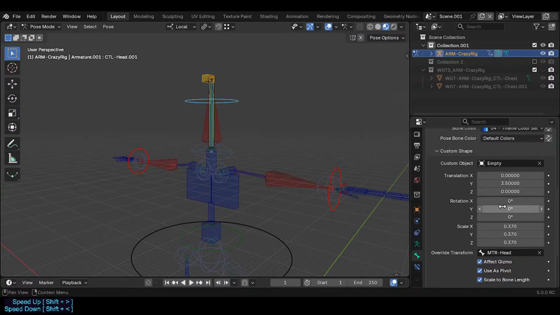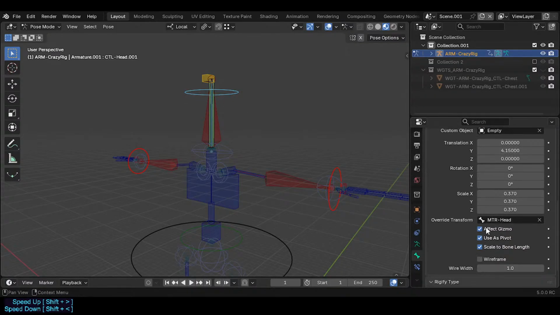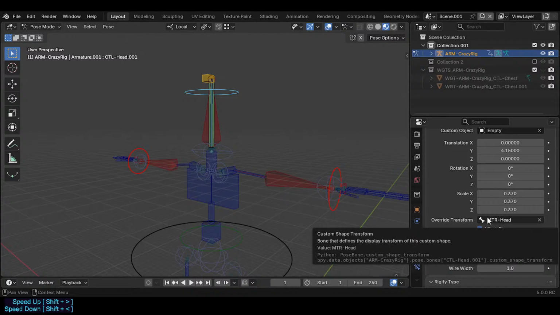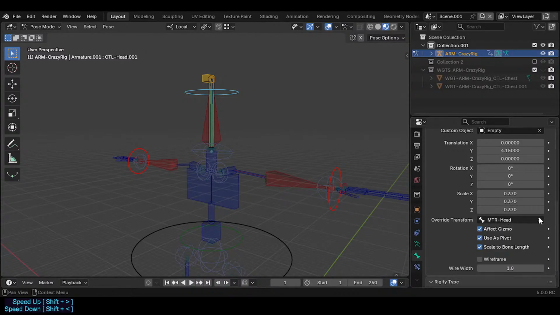Okay, it's using this empty, doesn't matter here. Then it is using, after gizmo, yeah, this override transform. So it's using the master head, so this bone which is here,